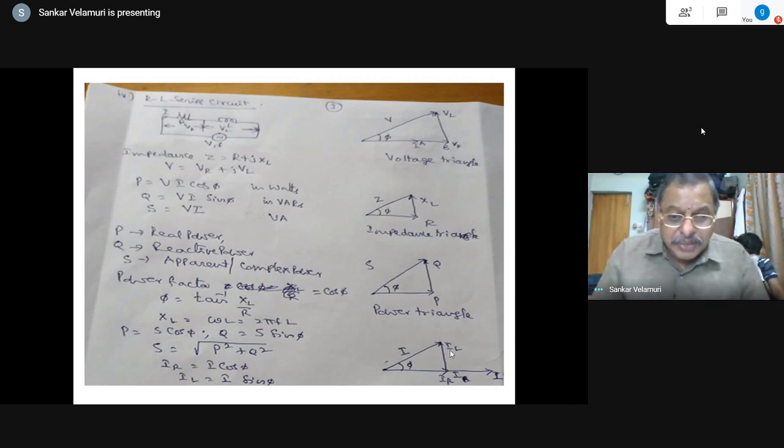Similarly, what is the inductive current? It is the quadrature component of the current, in quadrature with the applied voltage. So these are the components: the real power component and the reactive power component of the current, which together give you I. But this I is the same current, taken as the reference phasor here. These are the components of the current. You might be familiar with these things, but as I said, it is only a recapitulation. I hope you are able to follow me.